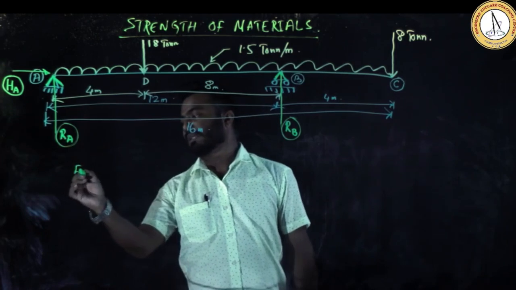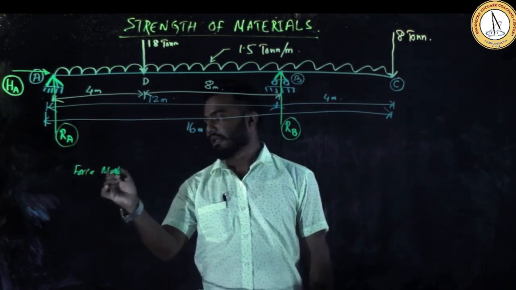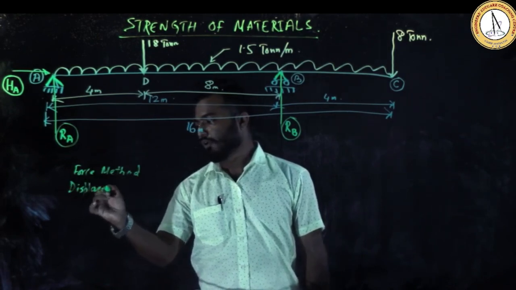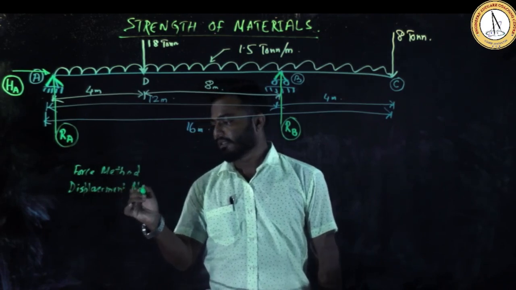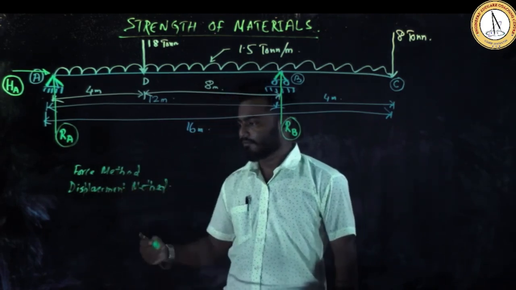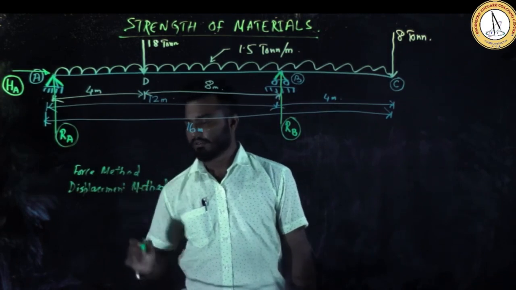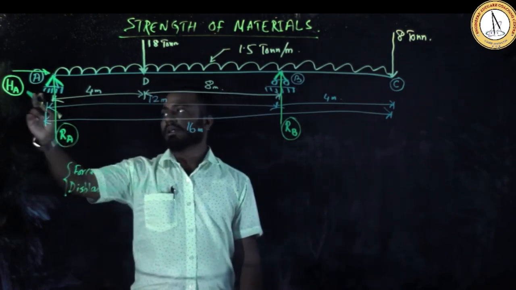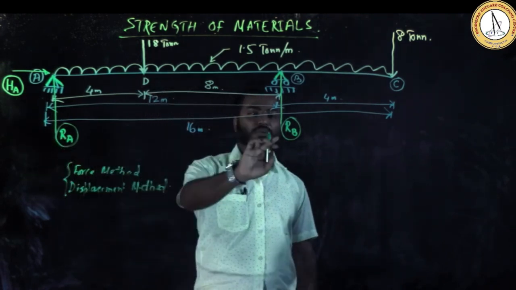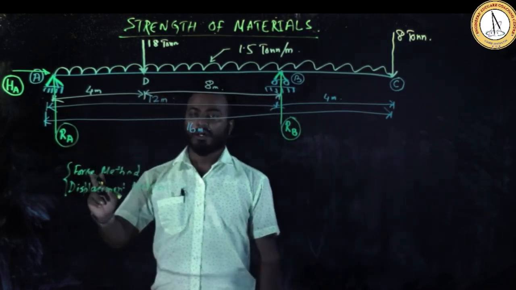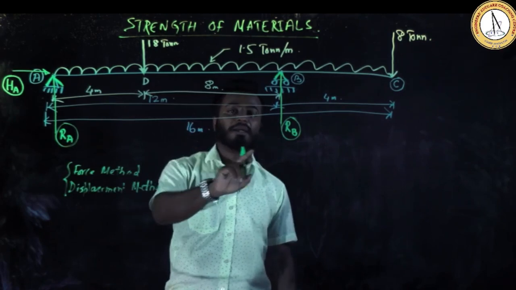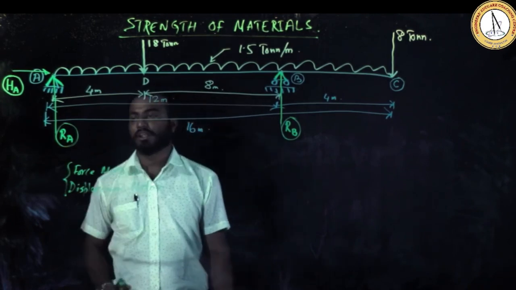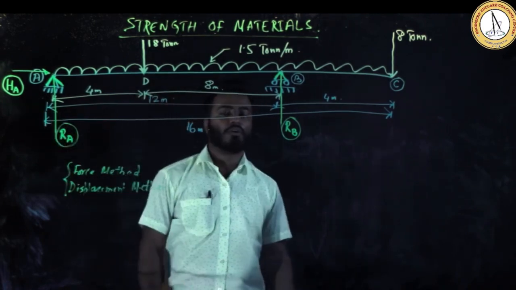There is something called the force method and something called the displacement method that you need to follow for an indeterminate structure. Now, why will I use the concept of a determinate structure to solve this problem? Because there are three equations and I have three unknown forces. Solving one equation, I can find one unknown force. So if I solve the three equations, then I can find these three unknown forces.